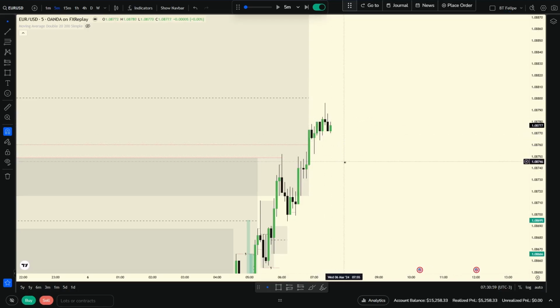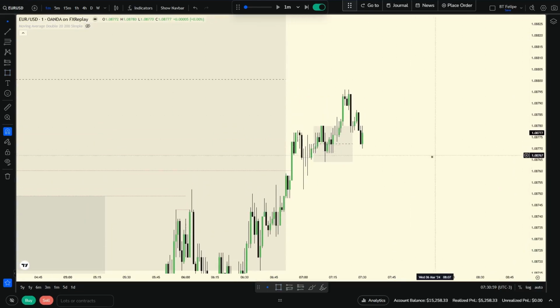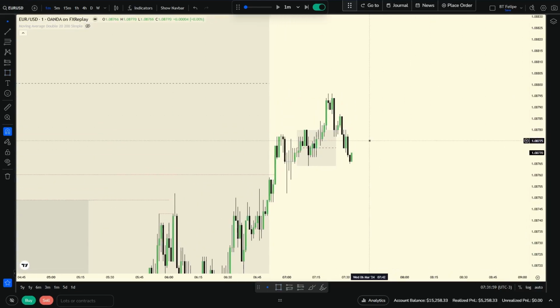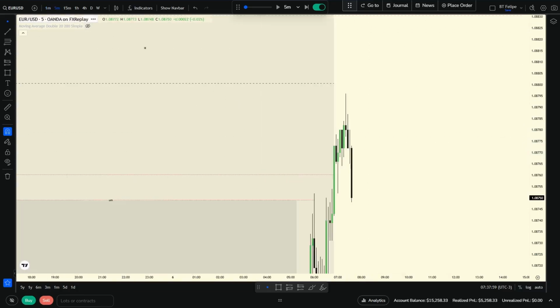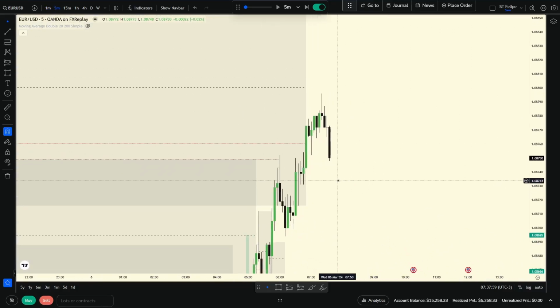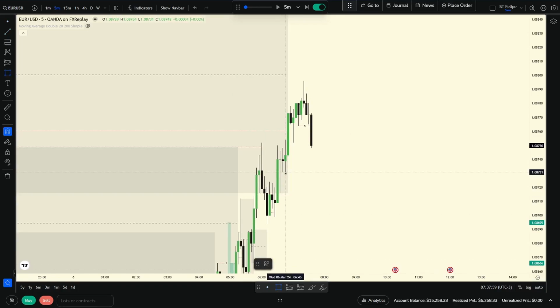M5 is efficient. Broke, came back, broke, came back, broke. Like this, too tight. Yeah, I don't like this price action, too tight there. But now there is M5 manipulation. There is this POI